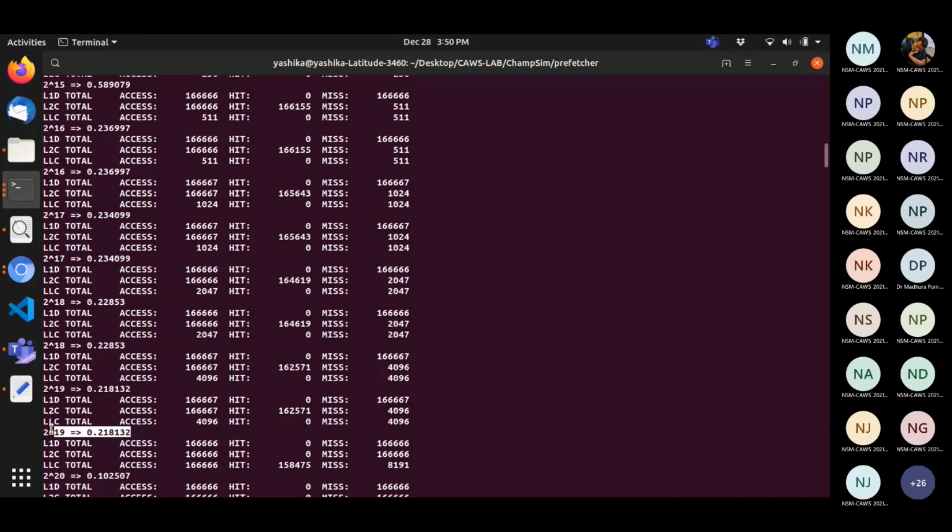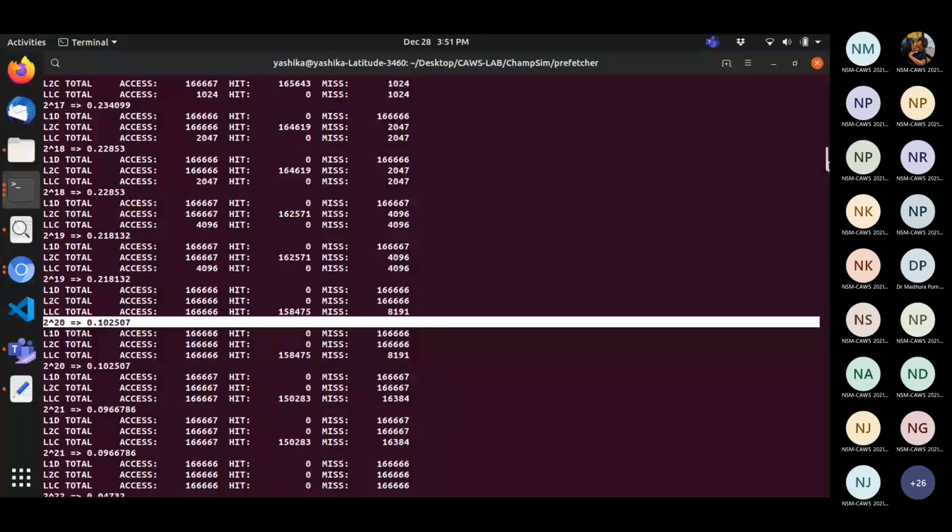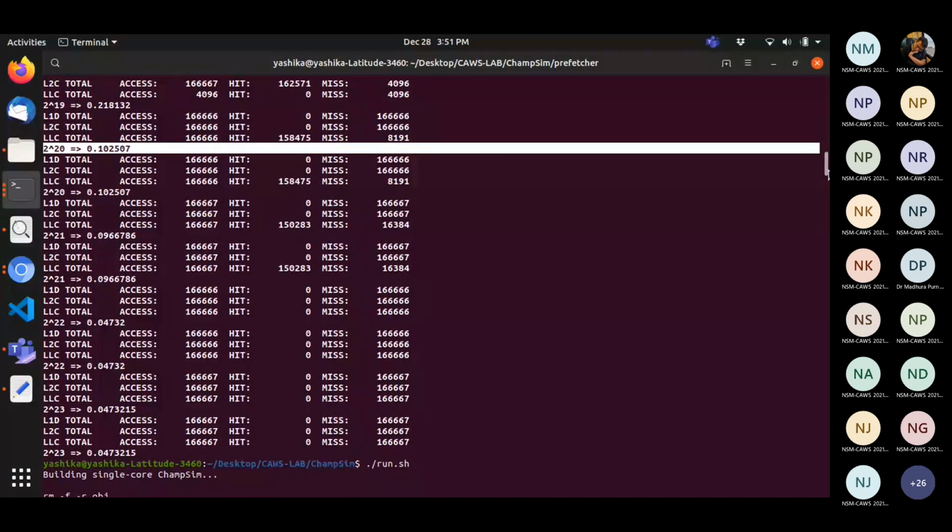It's 0.21 or 0.23. And then when we go for 2 to the power 20 array size, again there is an IPC drop, which tells us about the L2C cache size. And then likewise, the next drop we will find at 2 to the power 22 array size.